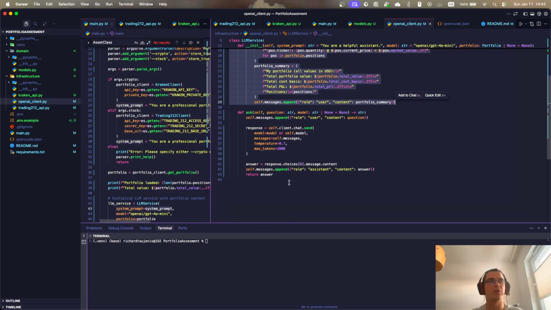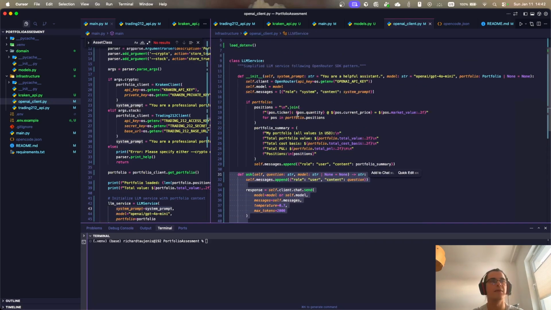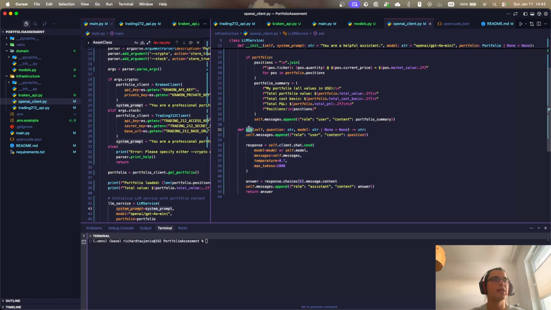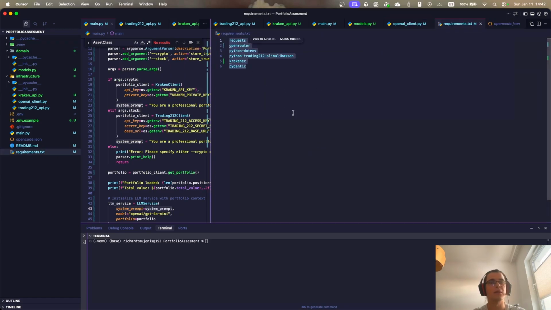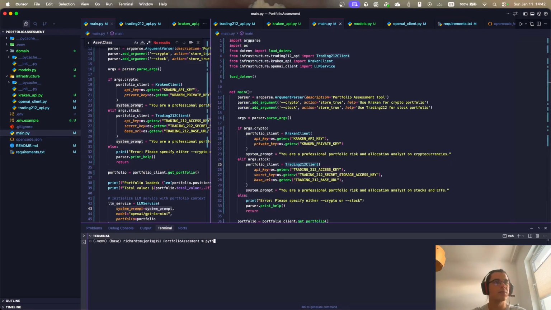I had to tap a little bit with AI to ask how to make it more practical, because I often have to correct it. And here we have ask, and then we pass in the context. So for example, the message, this message appends the summary. We pass in temperature and max tokens, right? So for example, if I'm not already connected in the venv, here are the required packages that have to be installed. So now if I just run python main, and let's try stock,